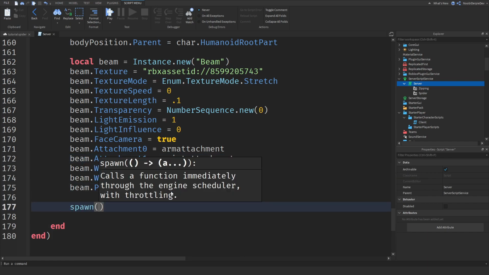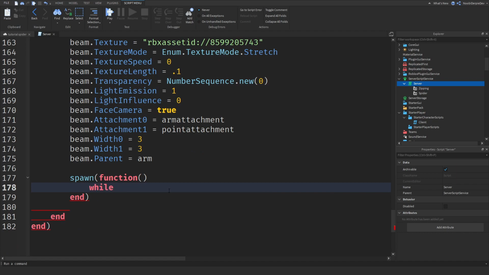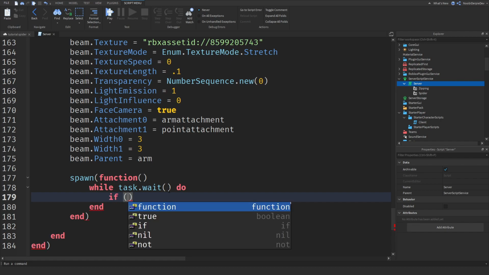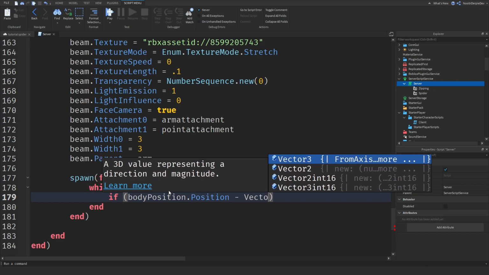We have to make another spawn function like this. We have to do a wall task.wait do. So wall task.wait do. And now we need to do a huge calculation. So keep caution. So if body position dot position minus vector3.new,